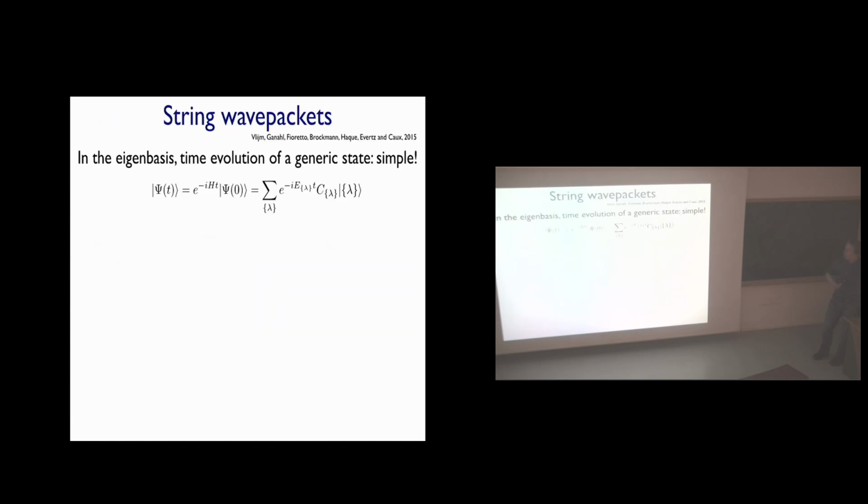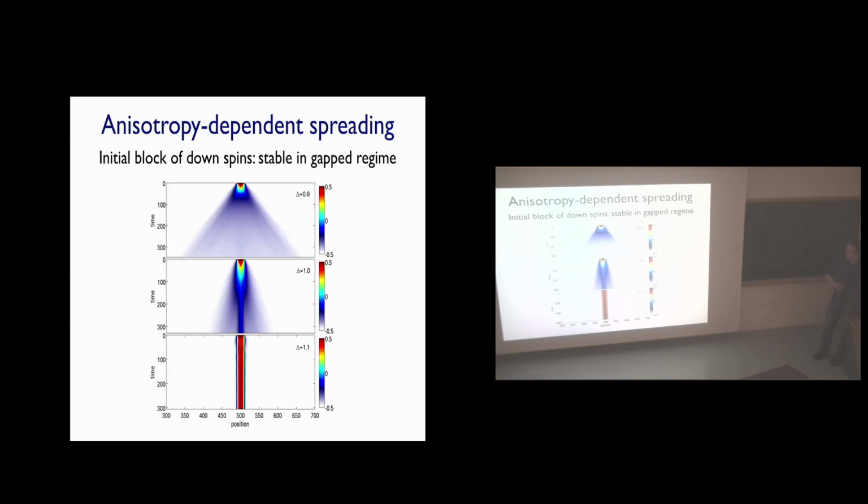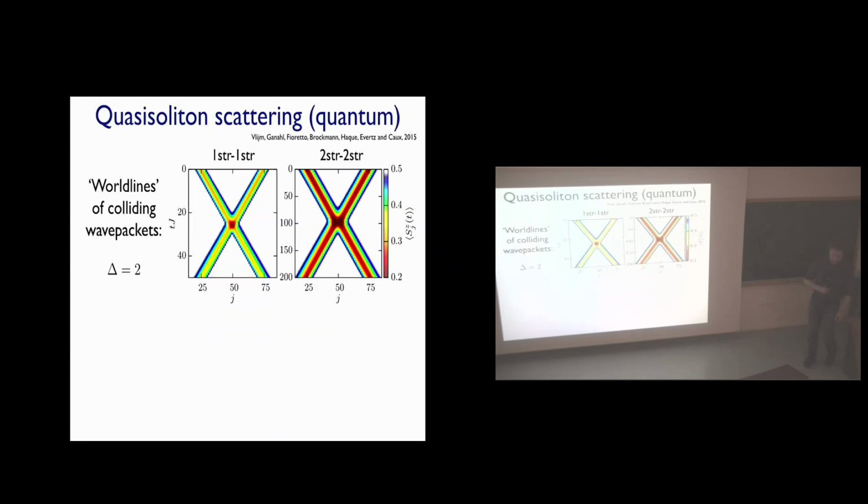Let me do a wave packet in a spin chain. So let me just go to the image. This one here. So what am I doing? I'm taking a spin chain, and I'm creating a bound state of two downspins, and I kick it with a certain velocity. At the same time, somewhere further away, I'm doing another wave packet of two downspins that I'm kicking the other way. So the two wave packets are propagating coherently, like a kind of classical soliton.